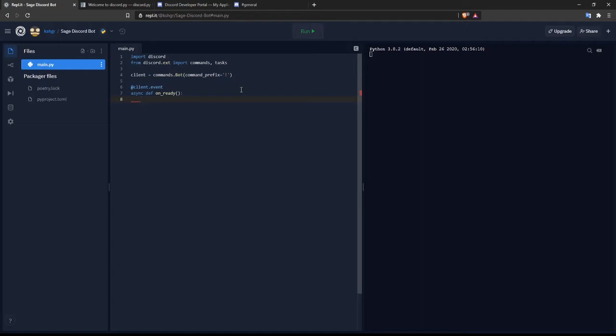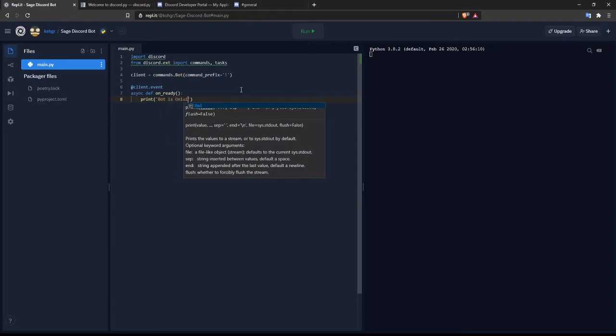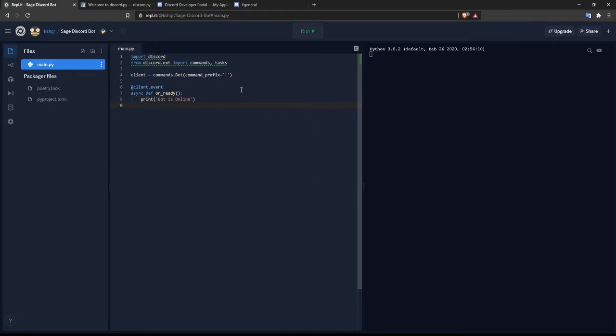We want this to give us an output that our bot is online, so I'll write "The bot is online." When we run the bot, we'll see in our terminal the output "The bot is online."